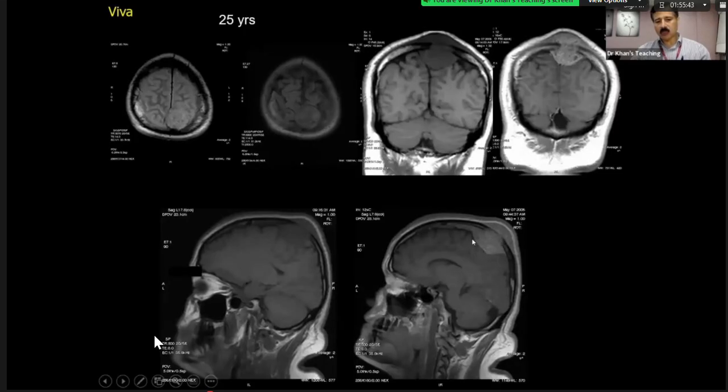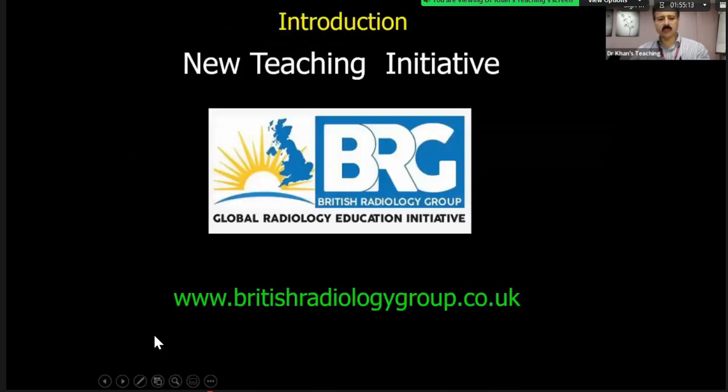And you can actually see the T1 weighted sequence is the best sequence. So develop your eyes on T1 weighted sequence to look for marrow abnormalities. Look carefully at the diploic space. The diploic space is bright on T1, and in this case it becomes black, and you can see it's some infiltrative lesion which goes into the scalp, which enhances. So the main thing is the T1 weighted sequence.